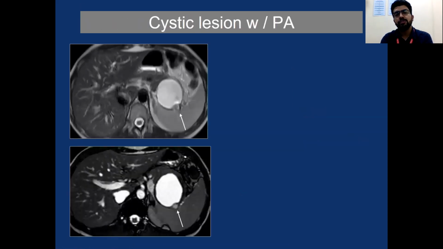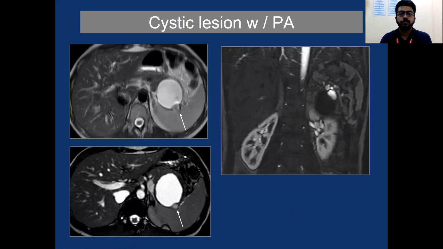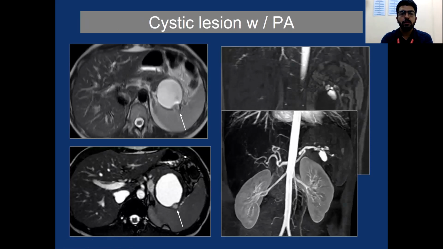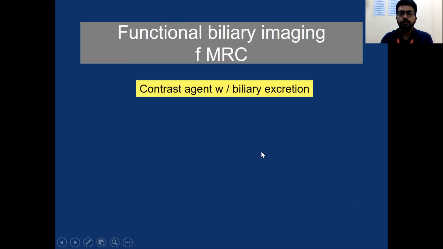Now, how to differentiate between a cystic lesion and pancreatitis? So this is the pseudopancreatic cyst. This is the spleen. This is the pseudopancreatic cyst. This is the pancreas that we have. This is a cystic lesion; this is a heavily T2 weighted image showing a nodule there. This is the coronal weighted imaging demonstrating the arterial flow.